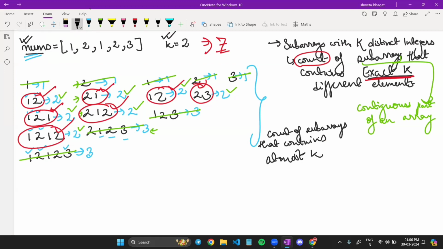Correct. Now, what does at most mean? At most means less than or equal to k. Correct. And what is k in this case? In this case, k is 2. Correct. So what does it mean? It means less than or equal to 2. So let us find out the count of subarrays that contain less than or equal to two